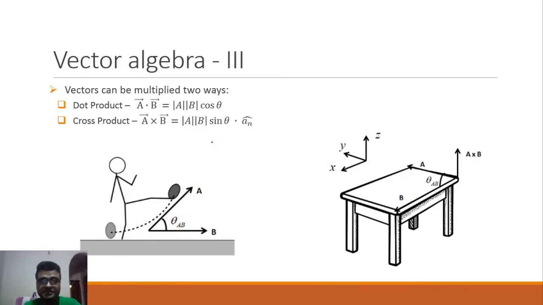So the result of dot product is a scalar, because the dot product is the contribution of one vector over another, and this distance will be the result of A dot B. And the result of the cross product is a vector, because the final result itself points towards the direction which is perpendicular to both A and B.